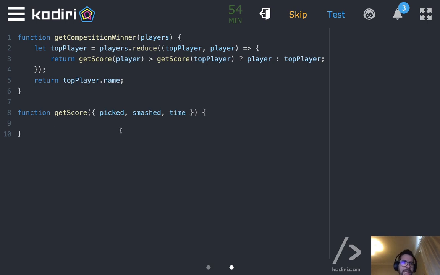Now the idea is to do something like this: return pick minus smash divided by time. What do you think, guys? Will this work? Yes or no? And why? Why not, Minji?